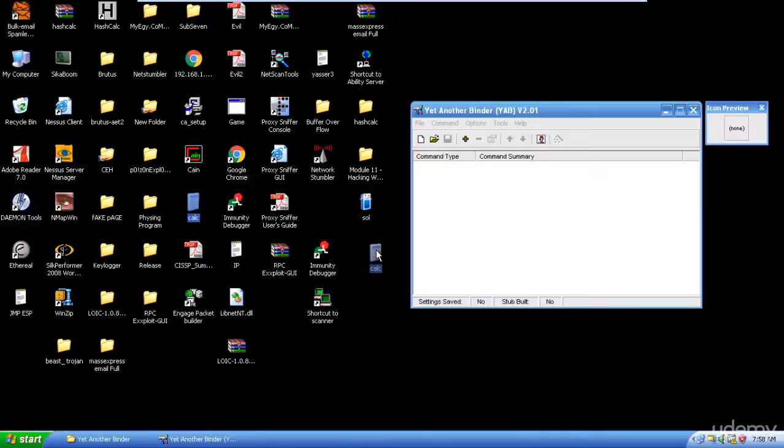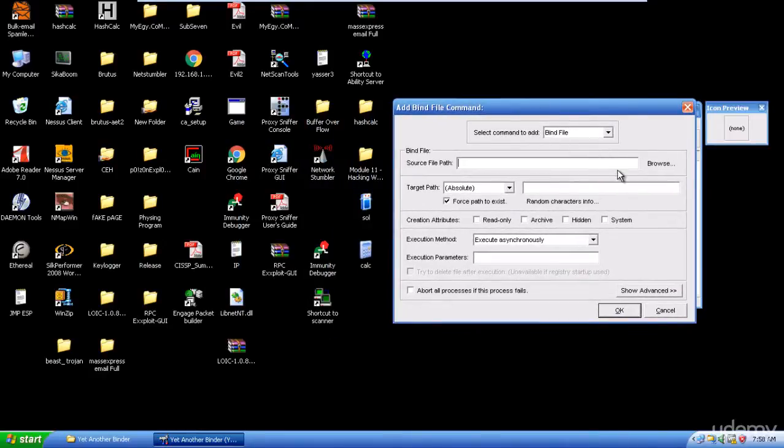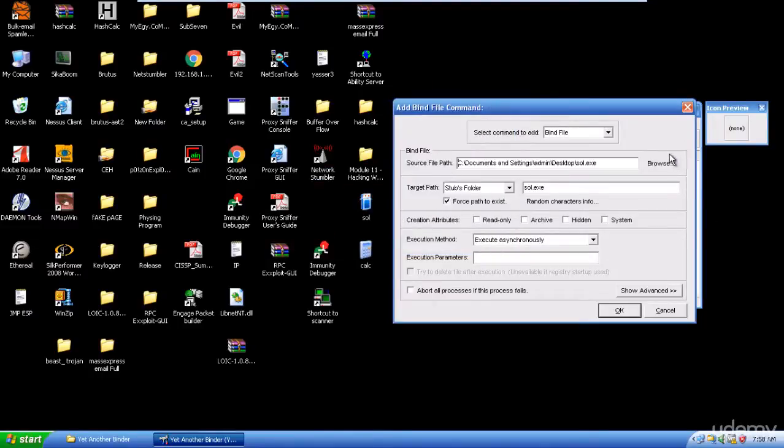The calculator. I'm going to assume that this is my malware, this is my Trojan or keylogger. So now those are two separate applications. What I need to do is have them in one application, and when the user runs the solitaire, it will run the malware as well. So we open Yet Another Binder, click on plus, and then start selecting browse, and from the desktop I'm going to select program by program. Let me select solitaire first. Here you go. You can select any one, no specific order,